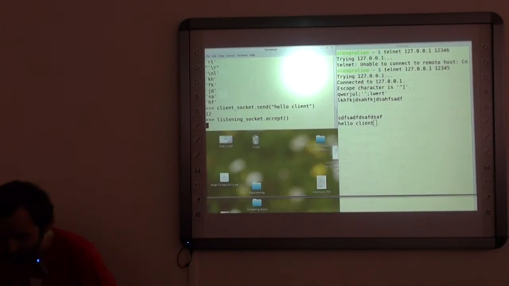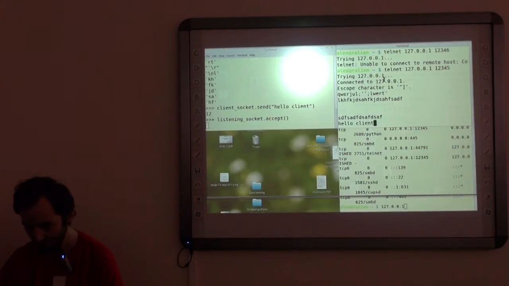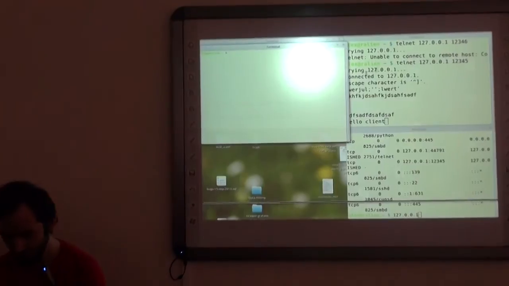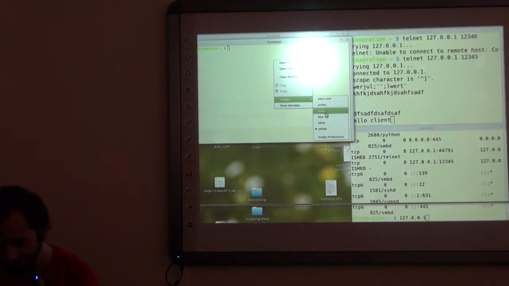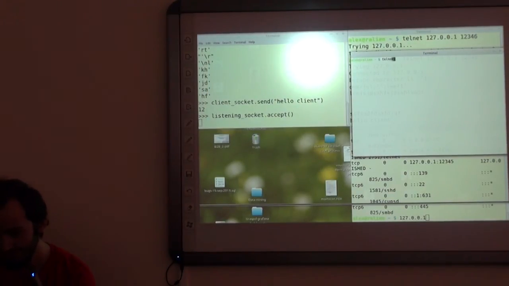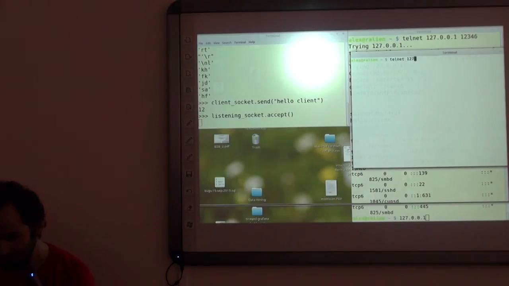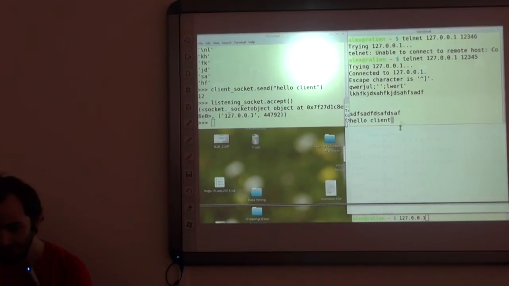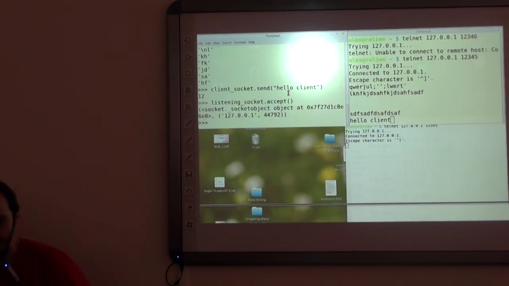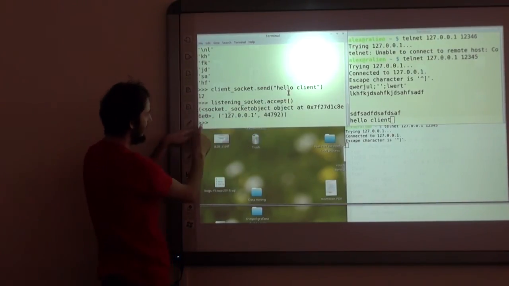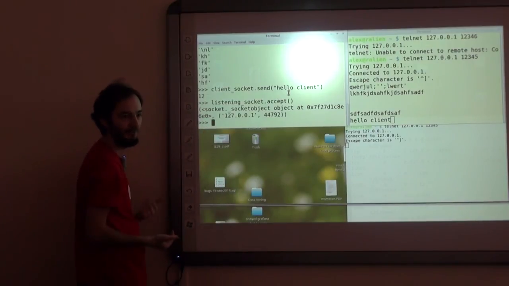So I am going to fire up another telnet window, and I'm going to make it white so we can tell the difference between them. And I will do this again. Telnet 127.0.0.1, 12345. Okay. I have 2 clients. And you see that the accept function finally returned a result. And you see those 3 characters here. It's waiting for new commands from me.